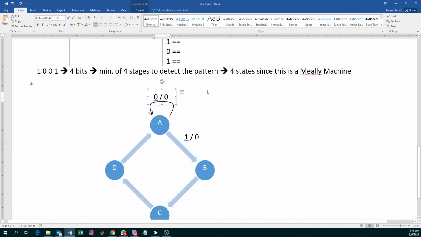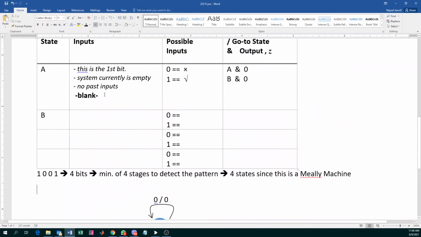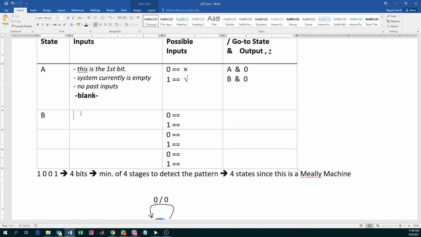Okay, let's now move to the next stage. This is where things become interesting. Now, obviously, you're receiving input, in this case, your receiving input is